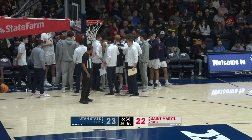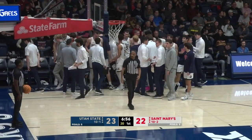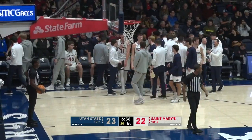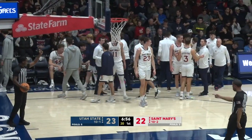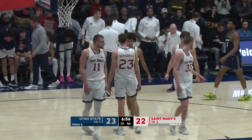Utah State 23 and St. Mary's 22. And Steve, the Aggies off to a 10-1 start, and they're doing so under Jared Calhoun in his first season here at Utah State. He's the 3rd head coach they've had in the last 3 years, and they continue to be a force in